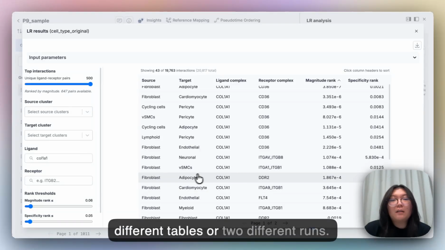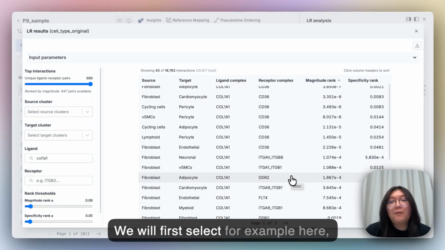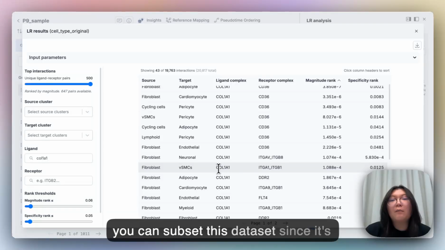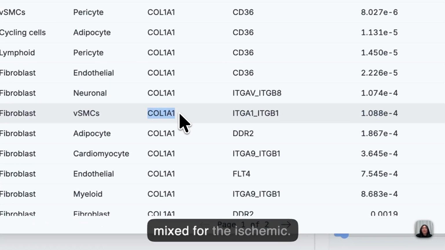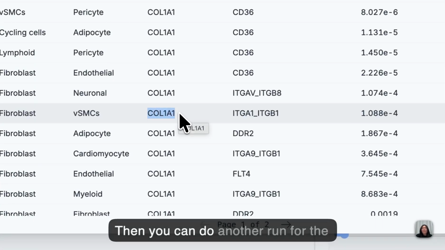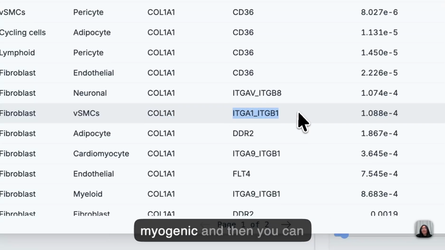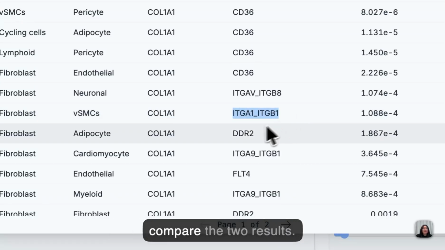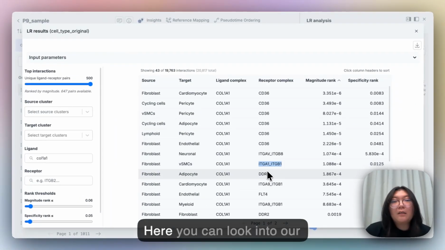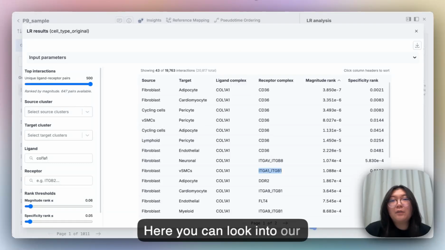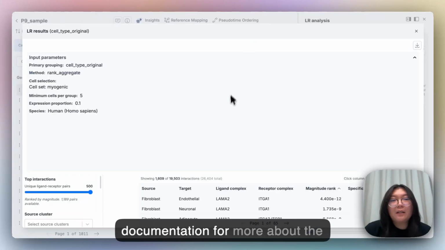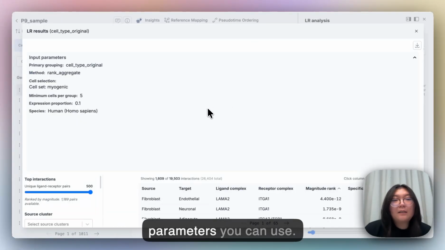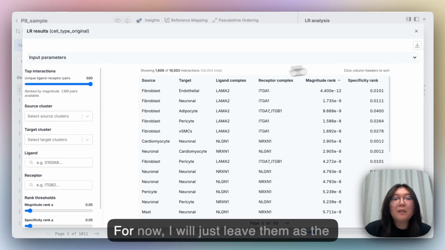What the fibroblasts are trying to do is fix the cardiac tissue, and this is why you see a lot of these structural matrix genes, and then these are the integrin complexes. And then here we will quickly go to the myogenic and see